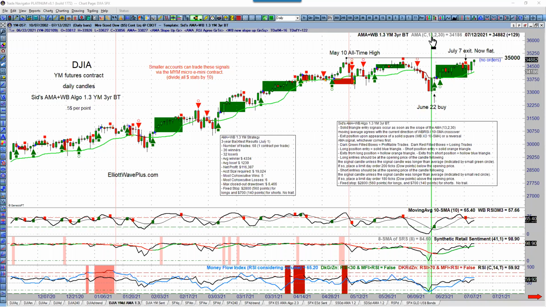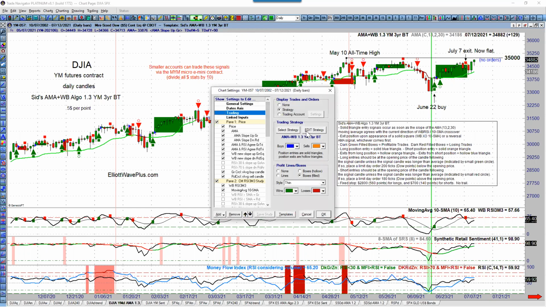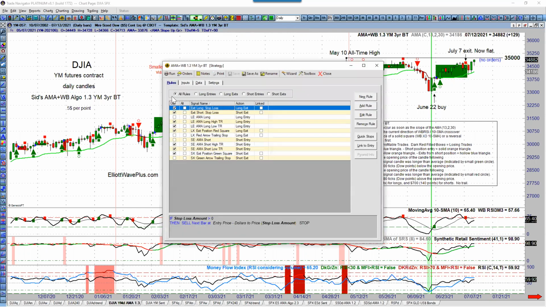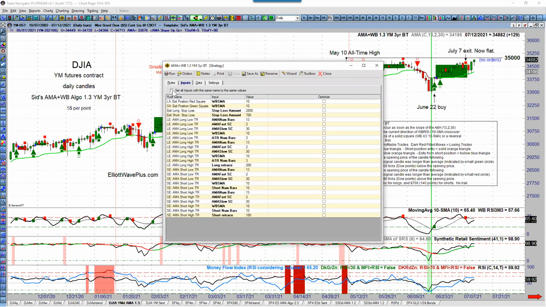But the first two digits, he found that a 10 and a 2 or a 10 and a 4, somewhere in there, would be considered to be the typical settings. And so we backtest those settings along with a number of other settings that I'll go over here to make sure